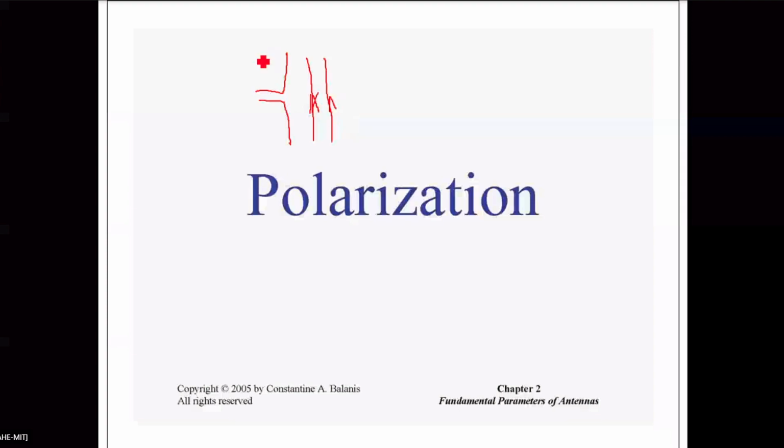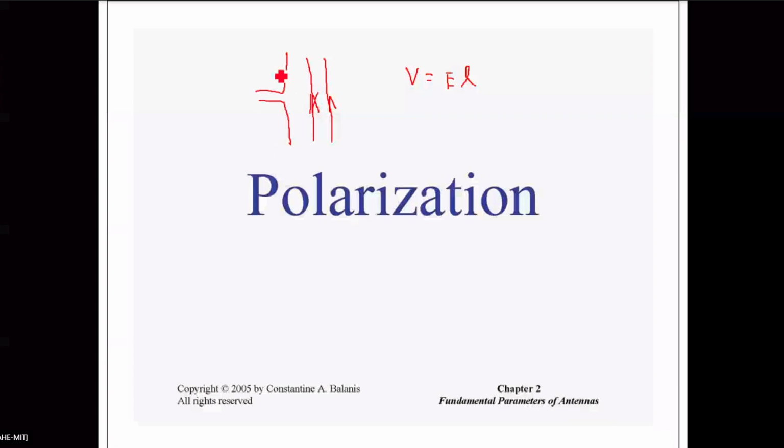Then this electric field induces a voltage in the receiving antenna. Electric field falling on the antenna induces a voltage. And what is the relation between voltage and electric field? V is equal to E into length, E into L, something like that. Voltage induced will be proportional to electric field and length. Now this is the case when they are parallel to each other.